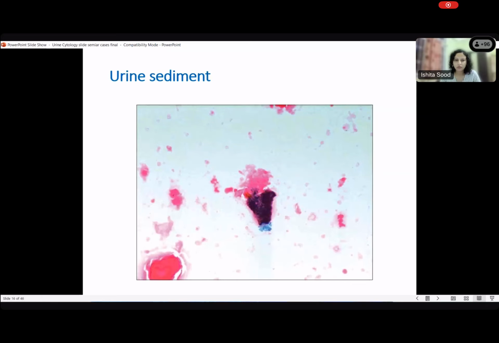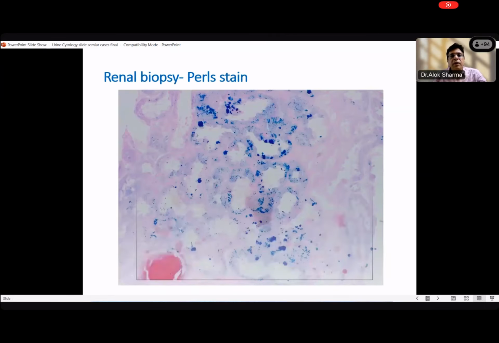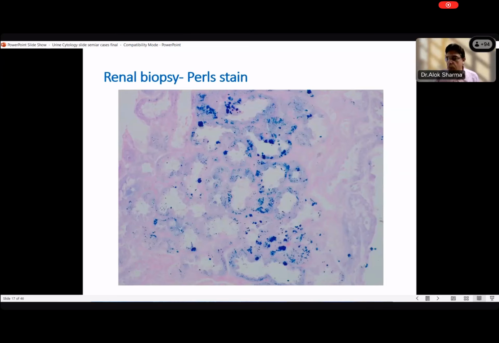Okay. So what do you find in this? This is a representative picture of urinary sediments. So what do you find here? The heme deposits. Hemosiderin pigment. Okay. So is this a normal stain or some special stain? I told about this in the last class. If you're looking for iron specifically, what is the stain which we use? It's a very commonly used stain, right? Pearl stain. Yeah, absolutely. Going forward, when this patient's renal biopsy was performed, this was the picture of the renal biopsy